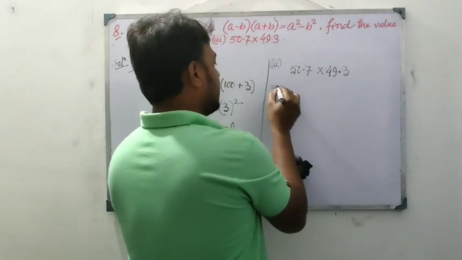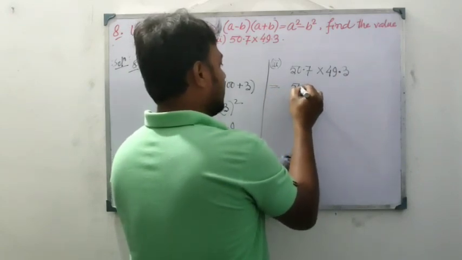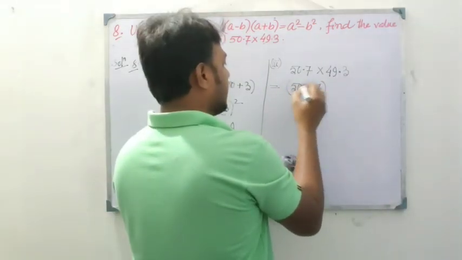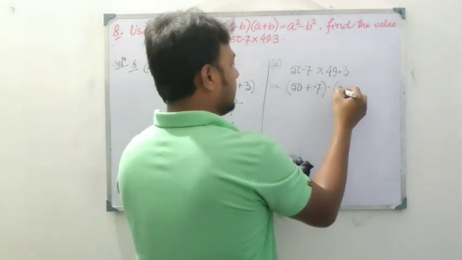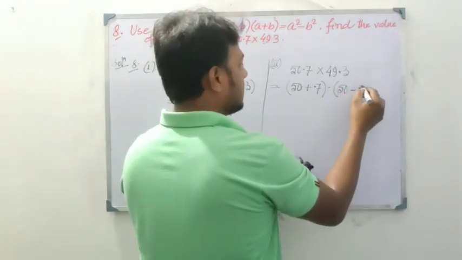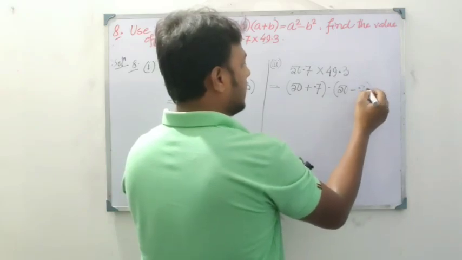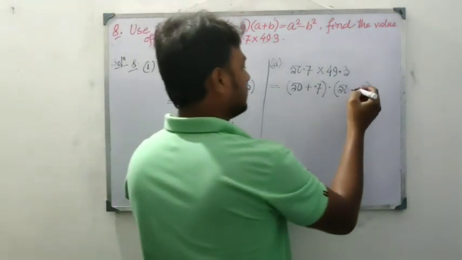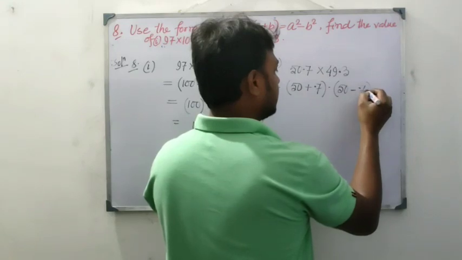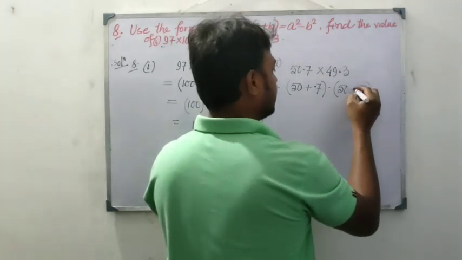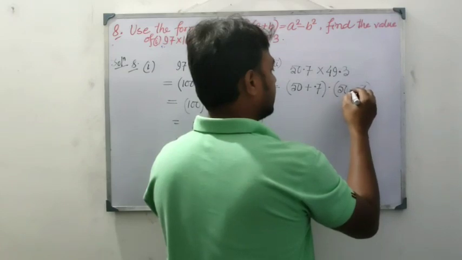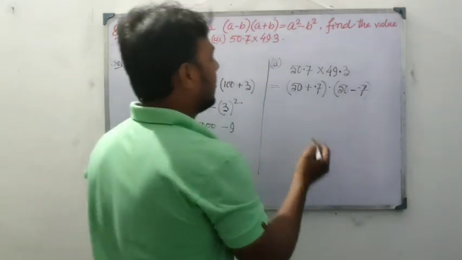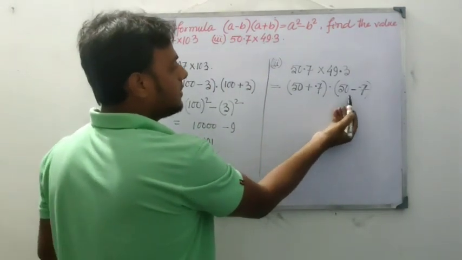So 50.7 can be written as 50 plus 0.7, and this can be written as 50 minus 0.7. 50 minus 0.7 means 49.3 itself. Okay, now we have converted into a plus b into a minus b, so the